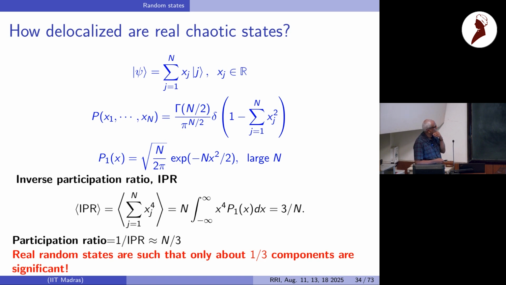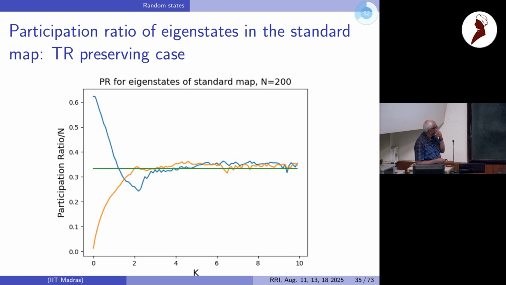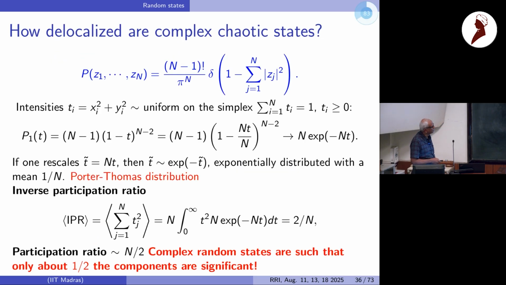Okay. This is something which is used widely in all parts of physics. This inverse participation ratio is related to also some things which people call correlation dimension and so on in classical physics. Okay, now what happens if the states don't follow time reversal symmetry and you break time reversal symmetry? In which case, the states are typically complex.